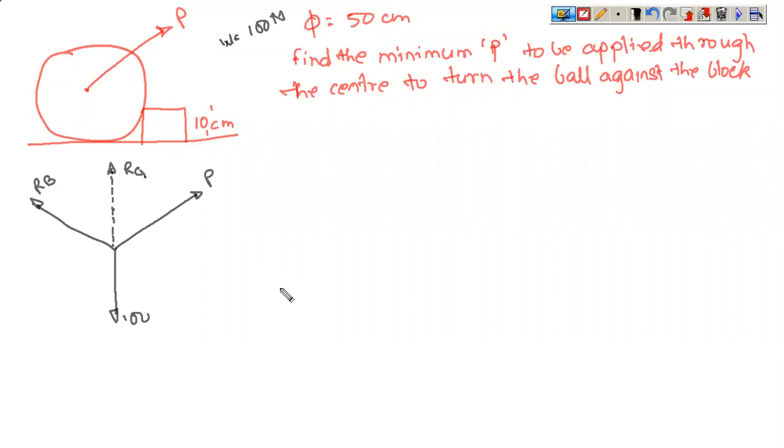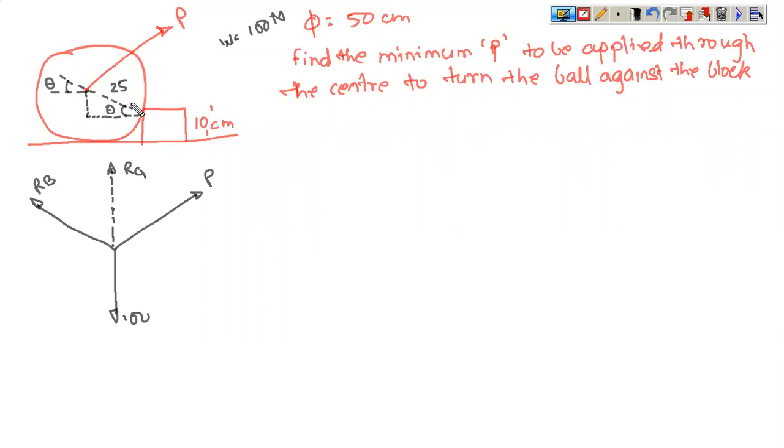You need to find out the angles. So to find out the angles, let us show the reaction first. Whatever this angle is, the same. So let this be theta. So this is also theta. To find out theta, what we need to do is, this length is how much? The diameter is 50 centimeter, so this will be 25.